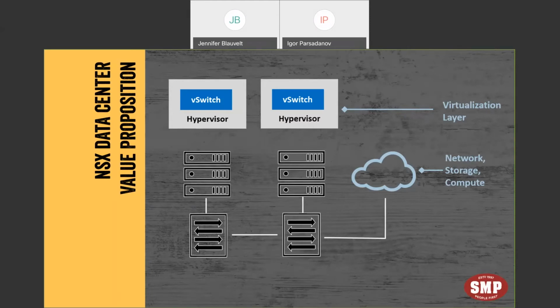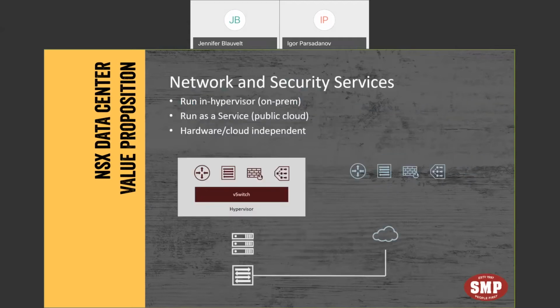NSX rides on top of it, and there's multiple ways to deploy it, whether you're looking at doing micro-segmentation with your existing VLANs, or whether you're looking to take it to NSX all the way and have the network run directly in the hypervisor, right? And most people are already doing network virtualization, right? So if you're running VMware, you are already doing part of it with the vSwitch that's built into there. So NSX takes that vSwitch concept to the next level. It virtualizes the network functions and runs them in the software.